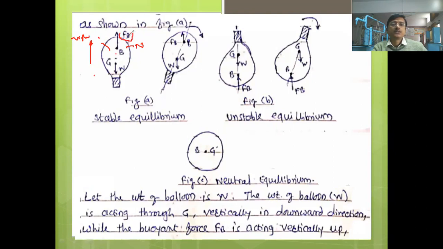पण आपण काय केलं, जेवढा बुॉयंट फोर्स आहे तेवढाच त्याच्यामध्ये वेट आपण खाली अटॅच केलेला आहे. ओके, हे जे अटॅच केलेलं आपण वेट आहे, this weight is nothing but total weight. Capital W is the total weight, including this weight as well as the weight of the balloon, and this capital W is equal to this FB. Now we can say that there is an equilibrium.